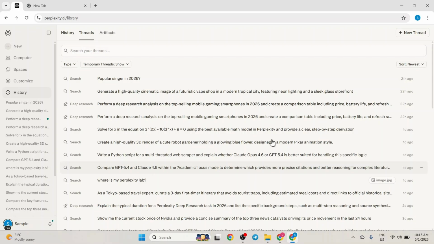for complex academic literature. As I continue scrolling down, you can see the wide variety of tasks I've completed, from solving complex math equations to generating specialized Python scripts for web scraping. Having this organized history ensures that I can quickly jump back into any conversation or retrieve important data from my